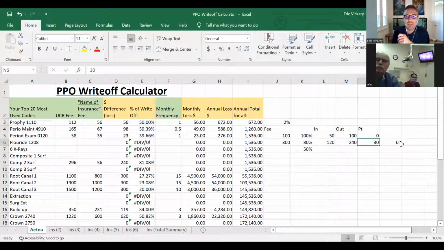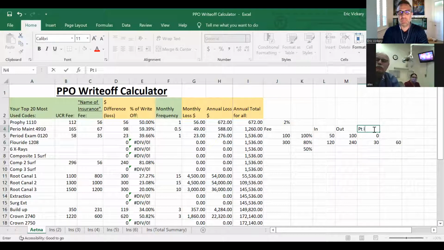It's not enough for patients to freak out and go, right? I don't want to do that. This is patient in network. This is patient out of network. Okay. Now,